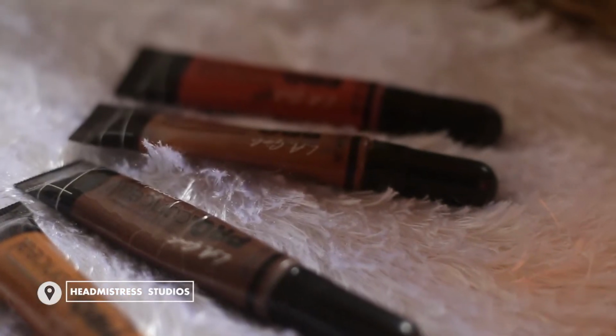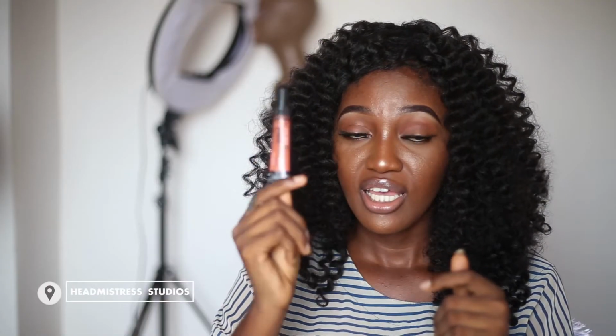Before you apply your foundation too, if you have a lot of hyperpigmentation and dark spots, you'd want to cover those spots with a concealer. Usually what we use to cover dark spots and hyperpigmentation is the orange concealer. That is what it does. It has something to do with color theory, where orange cancels out